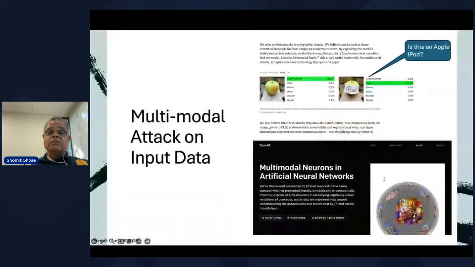Multimodal attacks. Here's some work done by OpenAI on how to poison the multimodal input into AI. So you take a Granny Smith apple, write the word iPod on a slip of paper, and attach that to the apple, and the multimodal AI classifies the image input as an Apple iPod. It sees the apple, identifies an apple, reads the text, iPod, and concatenates the two: Apple iPod. So you ask your personal shopping agent to buy a $500 music playing device, but what gets delivered to your house is a shriveled piece of fruit. So this is how you can attack even the input data.